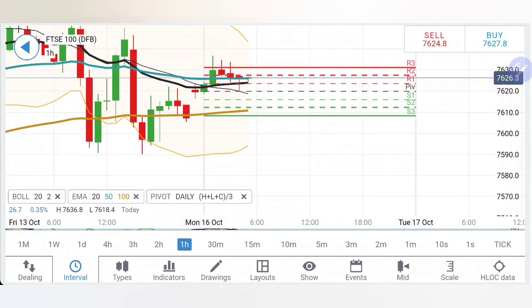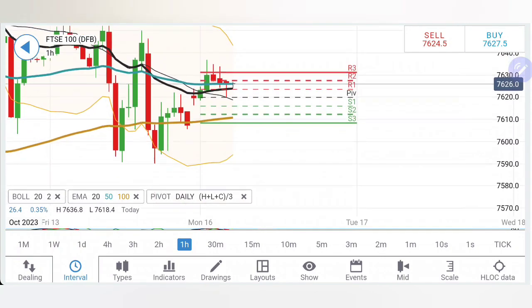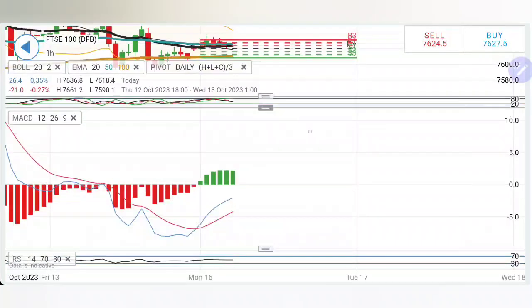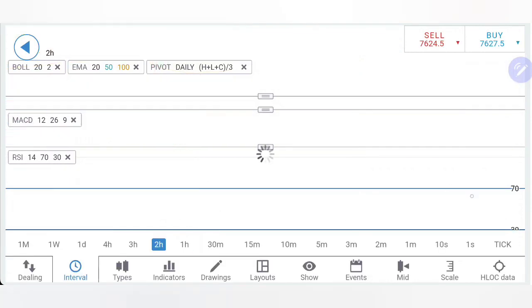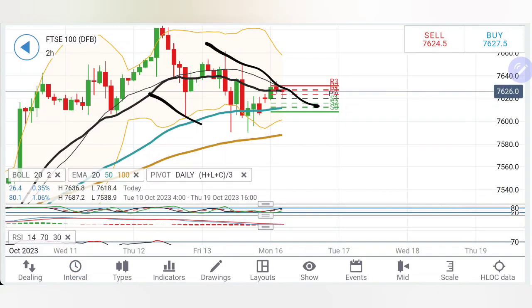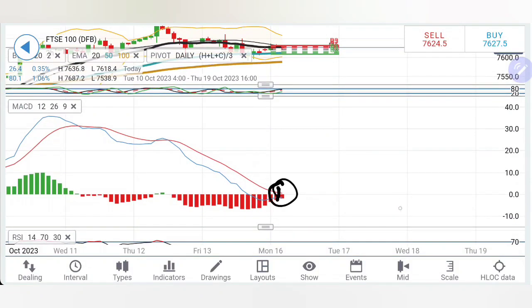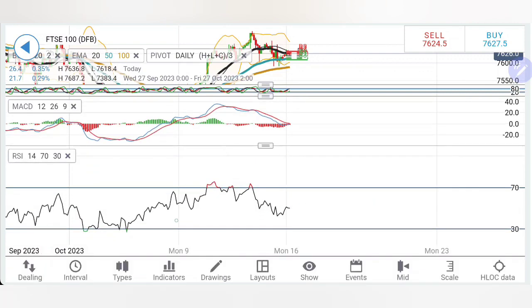After this drop, trying to retrace a little here. And on the downside, yes, below 7620, or rather I will say 15 levels, you can sell. Expect 7600 as the maximum, 7605 and 7600 as the maximum support. Only bearish confirmation in DAX today is below 7600. Stochastic bearish, MACD crossing over at bottom, trying to look upwards, trying to stay bullish. RSI, if you look at the 2-hour charts, lower highs, lower lows, possibility of a retracement exists here. Stochastic looking upwards. MACD is willing to converge, it is willing to cross over, it is trying to show swing here. A possible move on the upside can bring little bullishness. RSI has dropped.